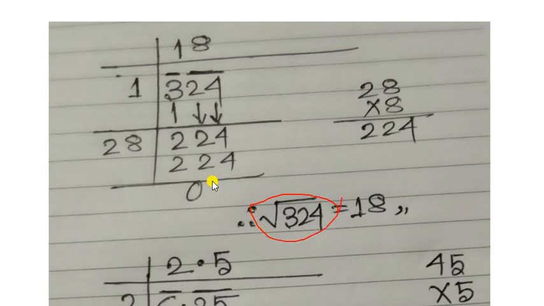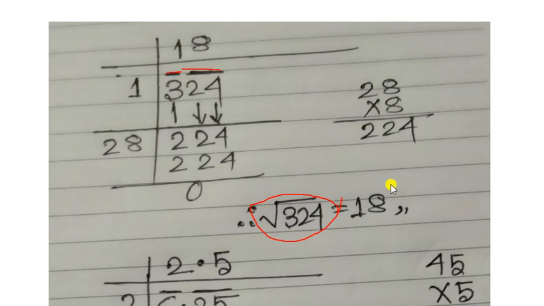How to find out? Listen, first step: from the one's place digit, you have to give a bar sign on each pair of digits. That means you have to start from 4. So 4 and 2 are one pair, so 1 bar sign. Next, here only 3 is given. If it were 3 5, then we would give the bar sign on 3 5 only, but here only 3 is given, so we have to give the bar sign on 3 only. It is necessary to give the bar symbol. This is the first step.